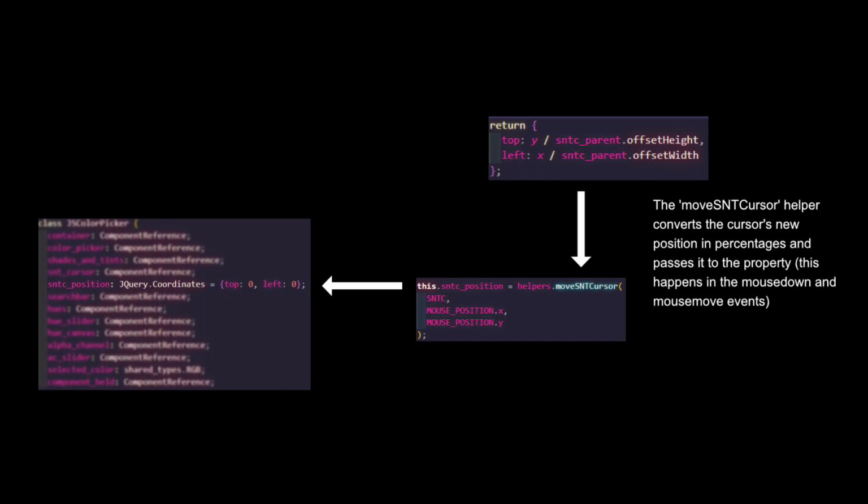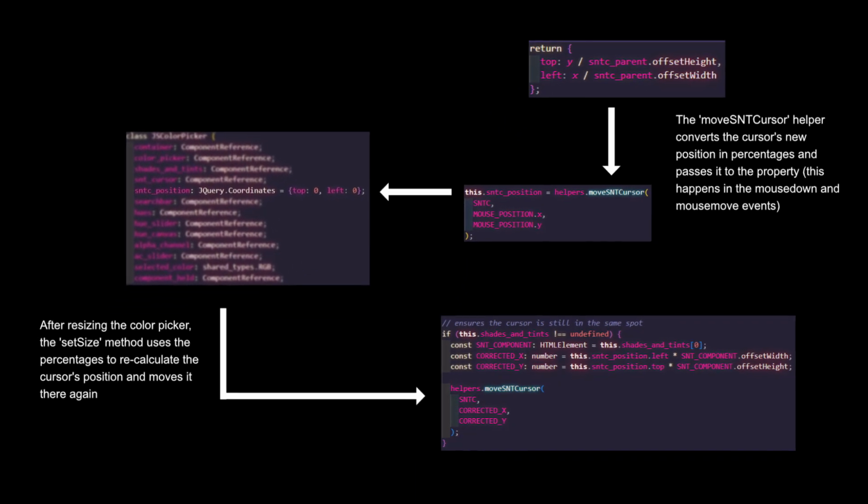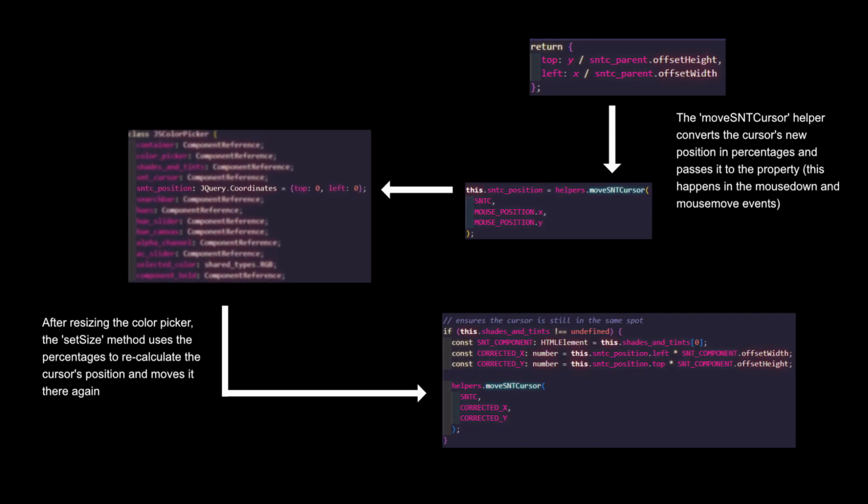For example, if the width of the chroma component was 200 pixels and the cursor's x coordinate was at 100, then it would be located 50% horizontally. Having the coordinates in percentage meant that I didn't have to worry about the amount of pixels in the chroma component. The percentages are converted back to pixels after the color picker is resized, and then the resulting x and y values are used to move the cursor back to its original spot.